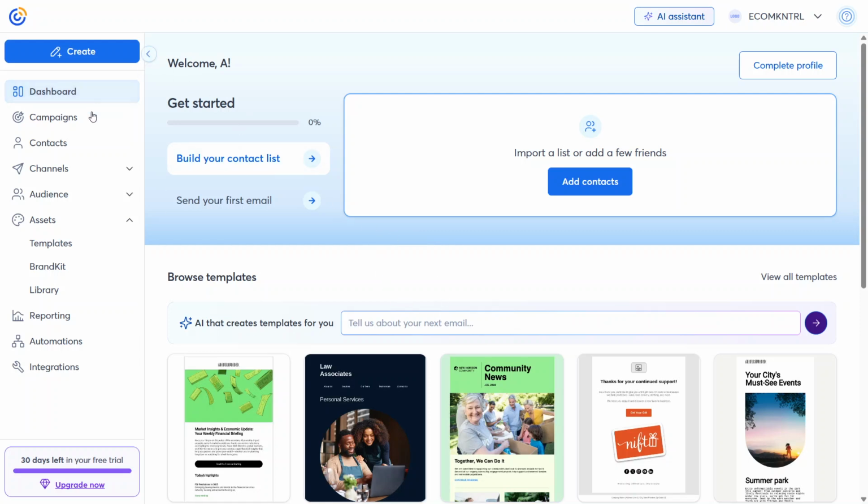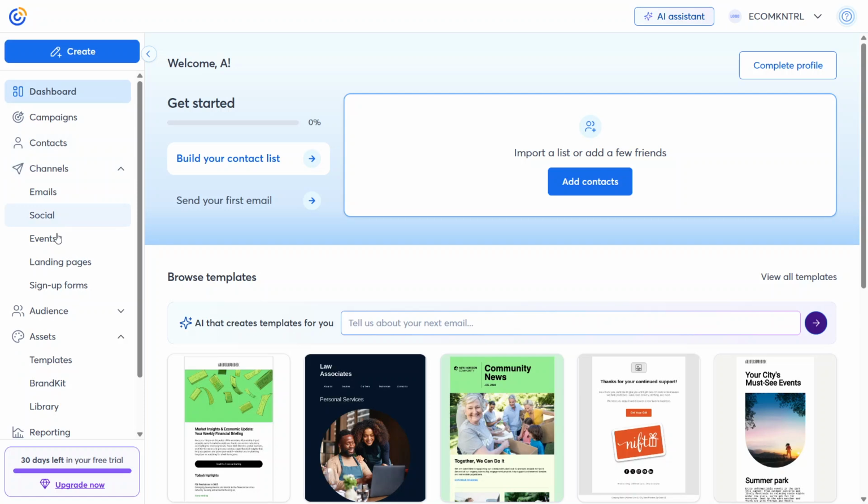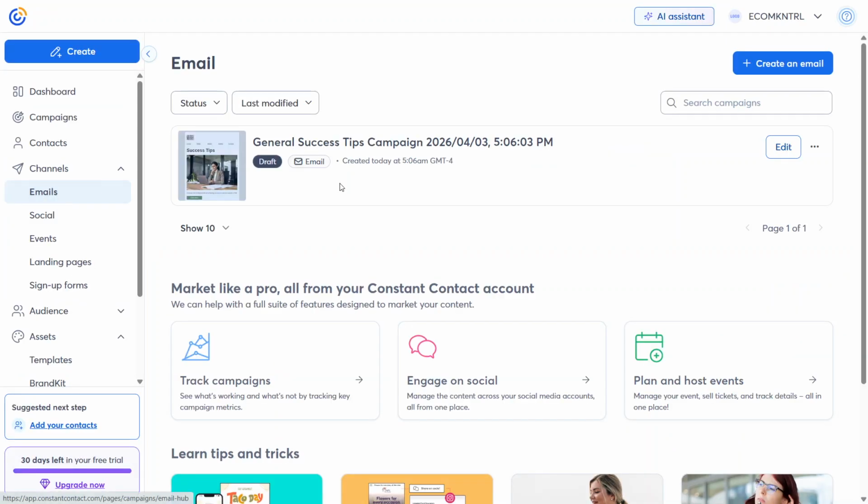Here, you'll see a section called Channels. Click on that to expand the options underneath it. From the list that appears, choose Emails. This is where all of your email campaigns are stored, and it's the starting point for adding a border to